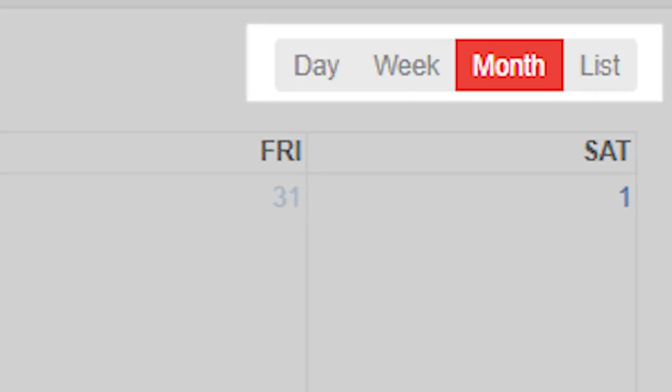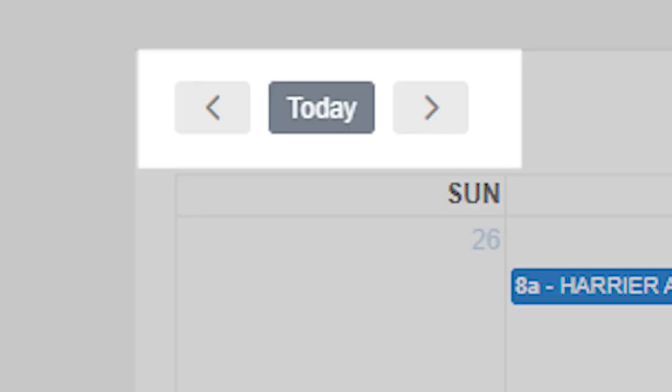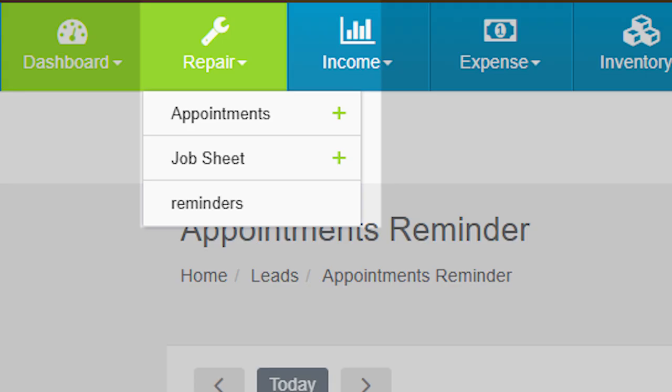Step 3. Navigate dates and track scheduled repairs. Date navigation: use the less than and greater than arrow buttons to jump between months or weeks, or click Today to return to the current date immediately. View appointments: scheduled repair jobs, vehicle registration numbers, or appointment types will appear as colored blocks on their respective date